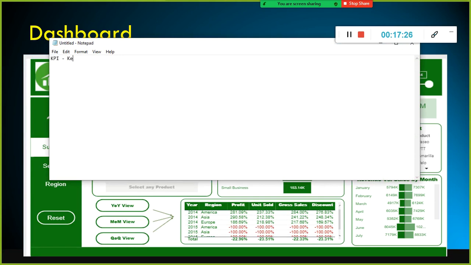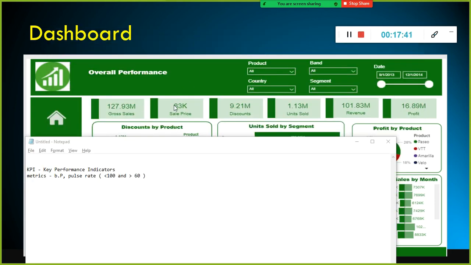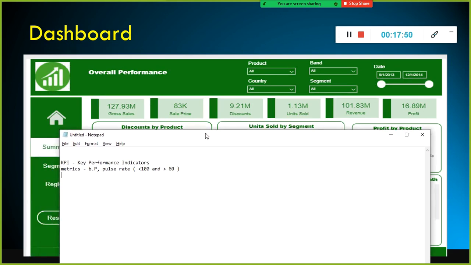KPI stands for key performance indicators. It's nothing but metrics. I'll give you one simple analogy. You will get to know something alarming, right? If you see somebody's pulse rate is 145 in the resting state, that means something alarming, something wrong with his heart.